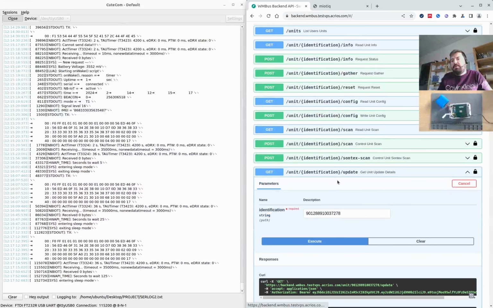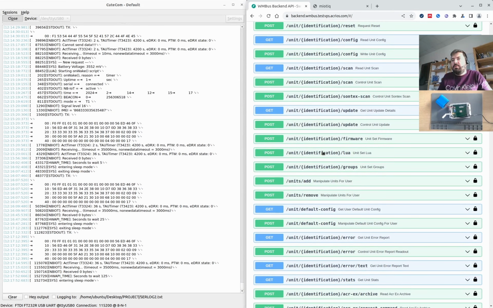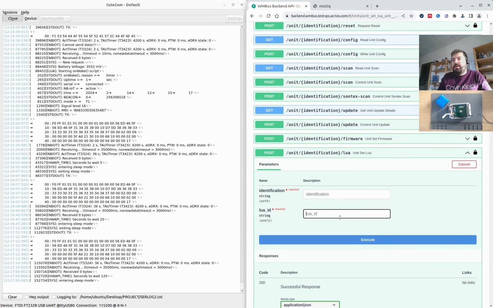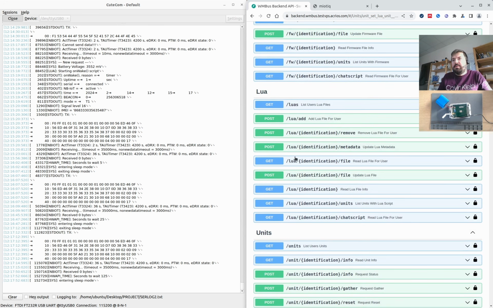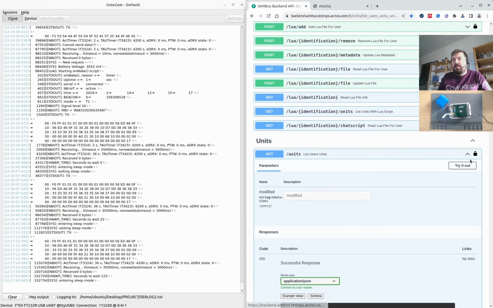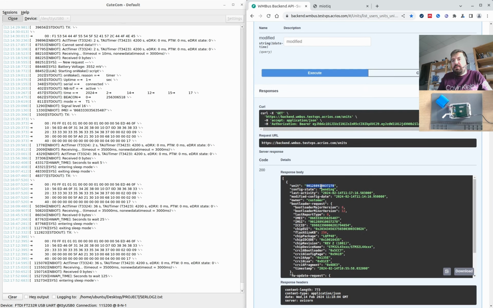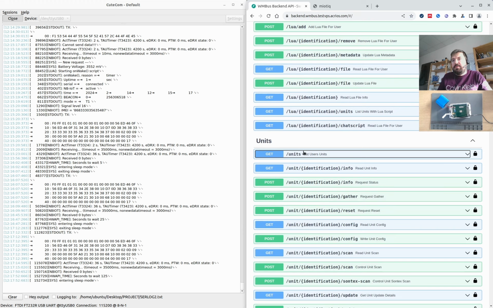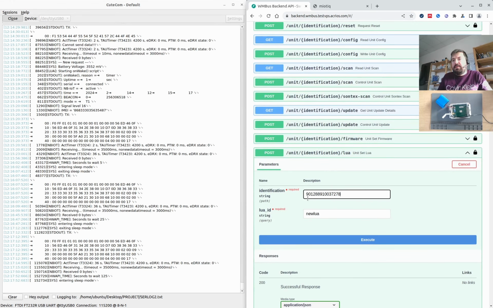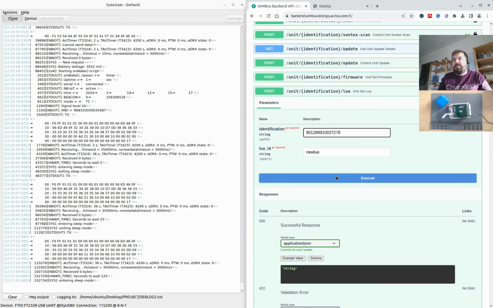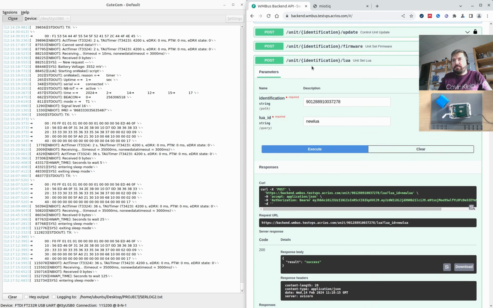Now I go to the unit and I go to Lua. I click try it out. I put here the name of the Lua script, and from somewhere I can list, for example, all the units. Yeah, I get the IMSI of our unit, and I put it here, so I have the IMSI and the name of the Lua script. I click on execute, and it is queued